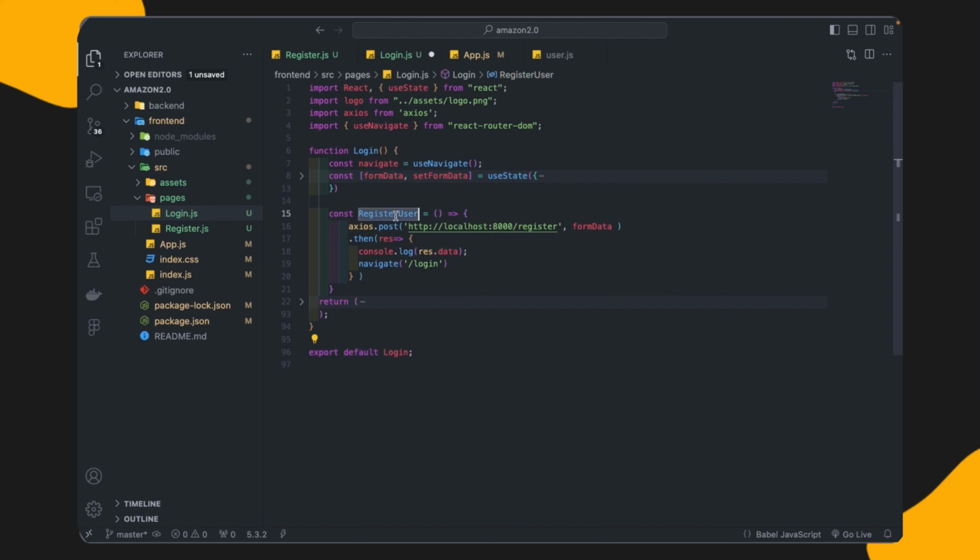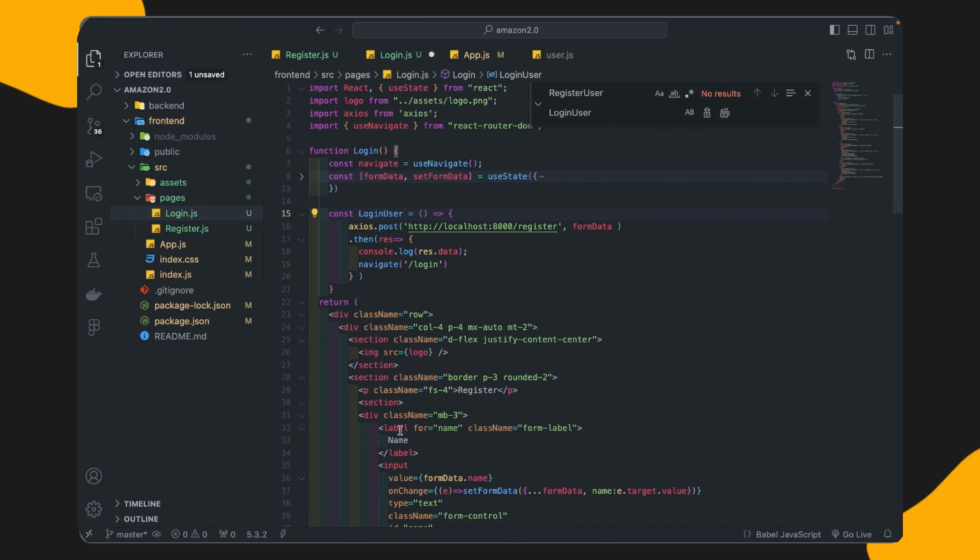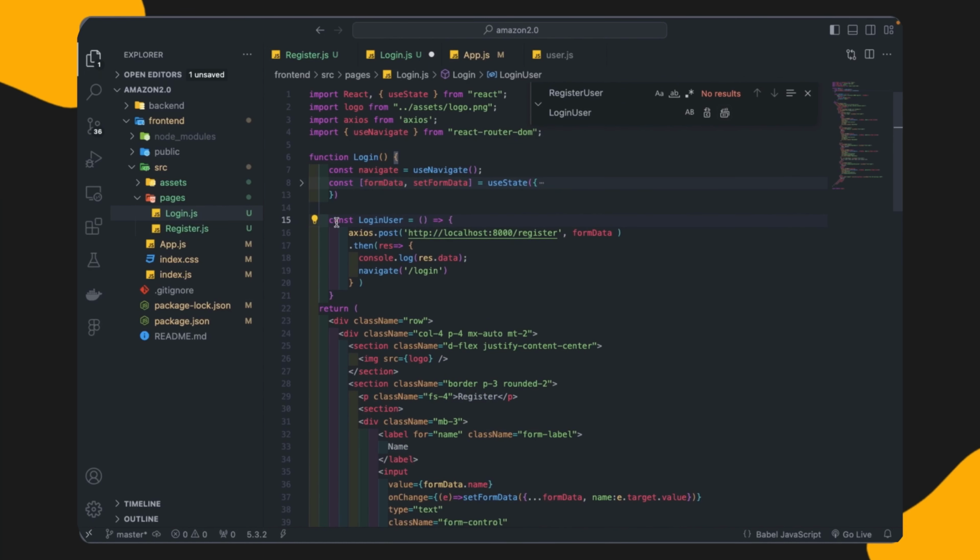Inside this one register user function is there. So I will see, like, 2 times I have used. So instead of register user I will give the name here login user, and I will change it. So 2 times. This is the function that is using the